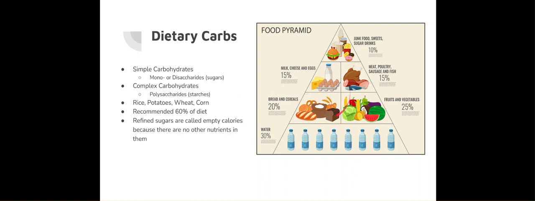And you guys have probably seen a food pyramid before. Your base is water, fruits and vegetables and breads, meat and cheeses should be lesser, and then your stuff that contains a lot of refined sugar and fats should be a very minimal part of your diet. Unfortunately, Americans are kind of almost the inverse. Americans tend to be chronically dehydrated, and they tend to eat a lot more junk food than these healthier things down here.